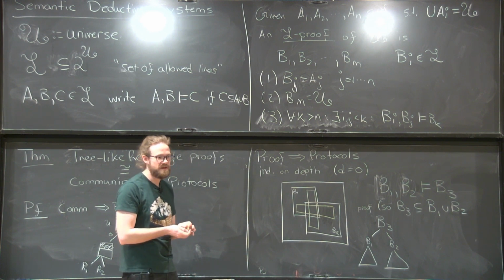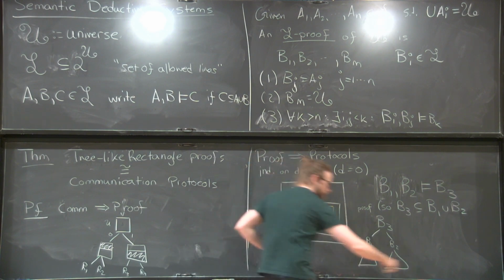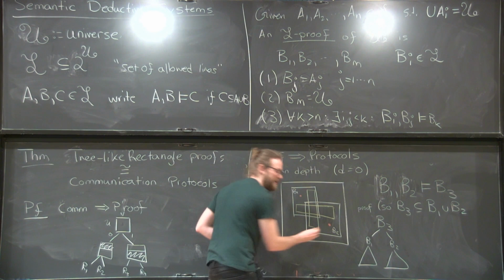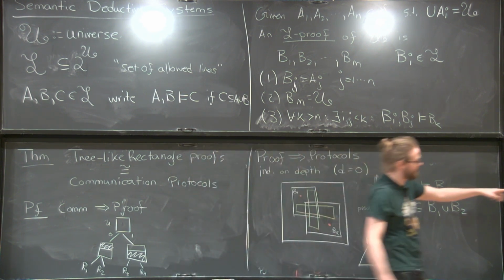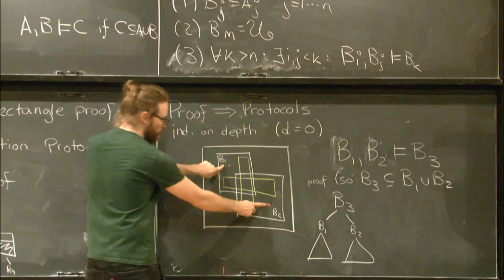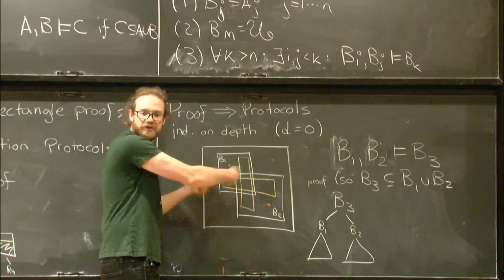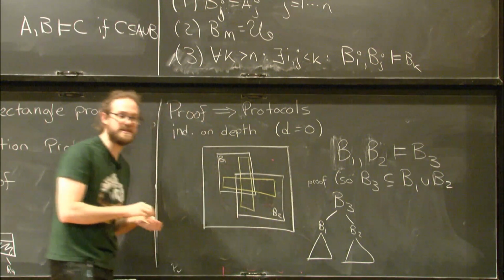In other words, there can't be two inputs in b3 where one is up here and another is down here, right? Because b3 is a rectangle. Here we're using the fact that all the lines are combinatorial rectangles. If both of these points were in b3, then these points would also have to be there, so it wouldn't be contained in the union anymore. Does that make sense?